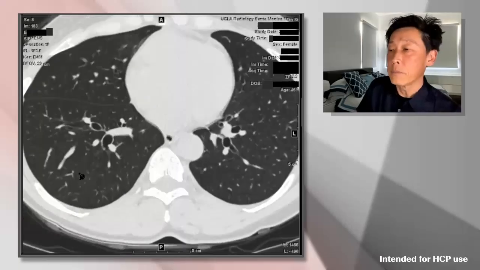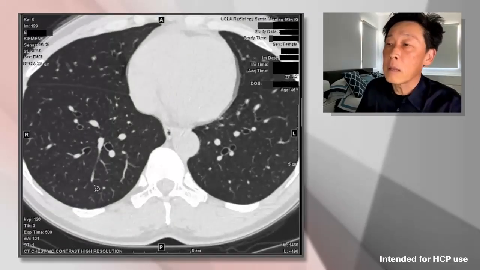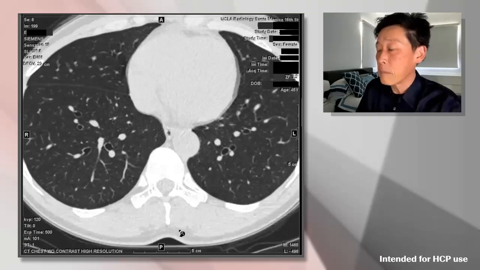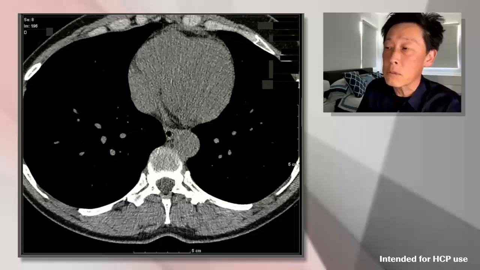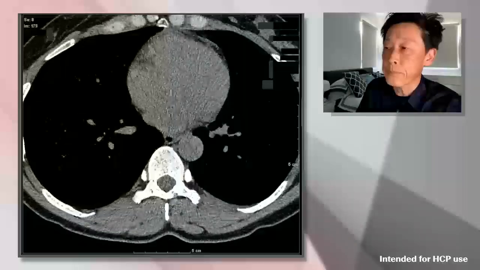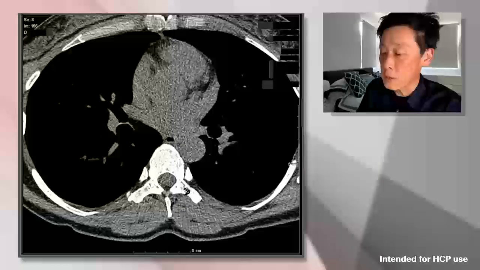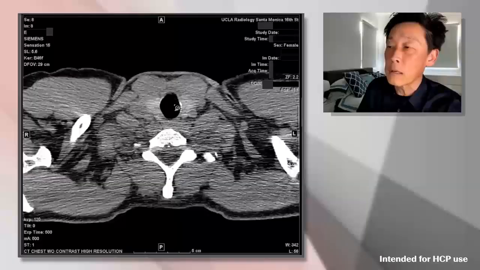Now, what we're looking at are the lung windows, and in this setting, we're appreciating what is actually taking place in the lungs. But if I switch the settings here and go to the soft tissue windows, what we use this setting for is to look certainly at the blood vessels, but we can appreciate the structures of the mediastinum. And so if I go back up to the top and come down, we can again see the trachea.